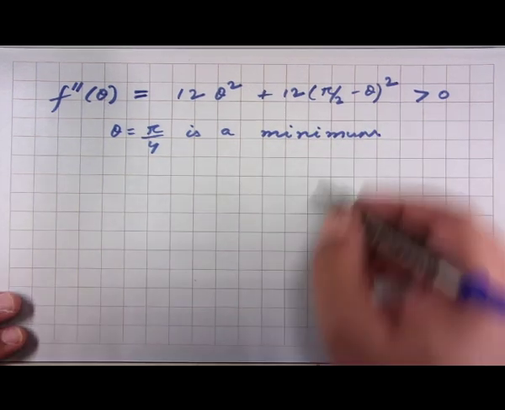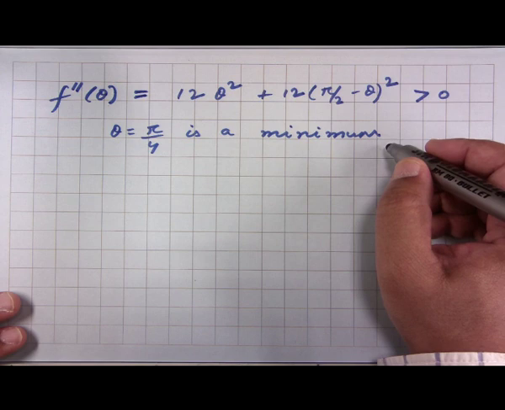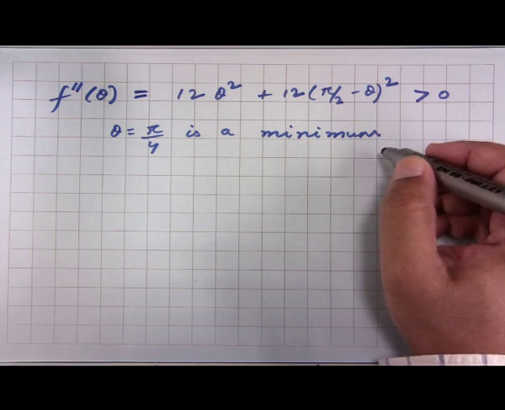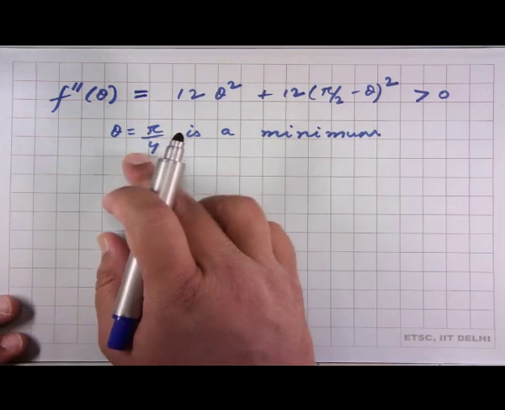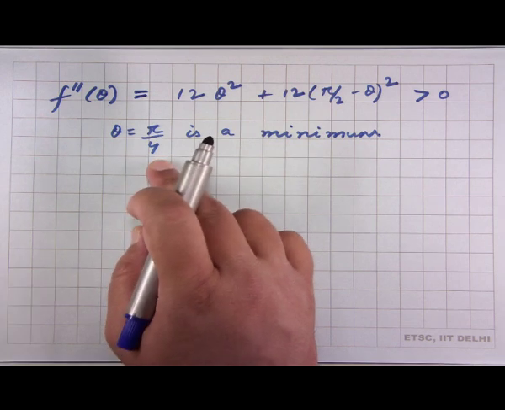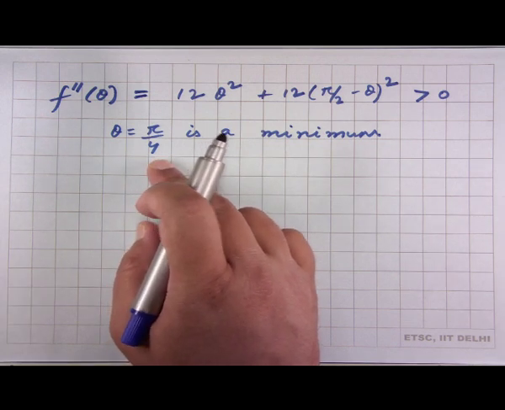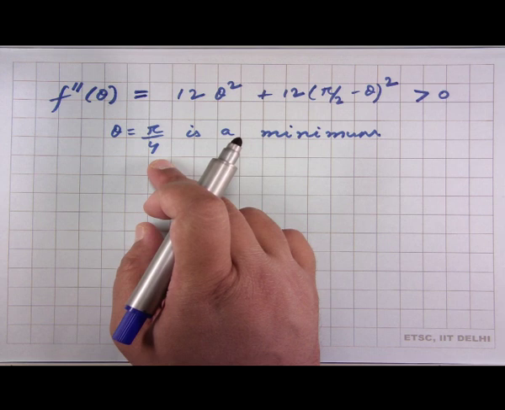So, it is a minimum for f(θ), and the interesting thing is that this θ equal to pi by 4 does lie in the interval minus pi by 2 to plus pi by 2. So, we are certainly sure that